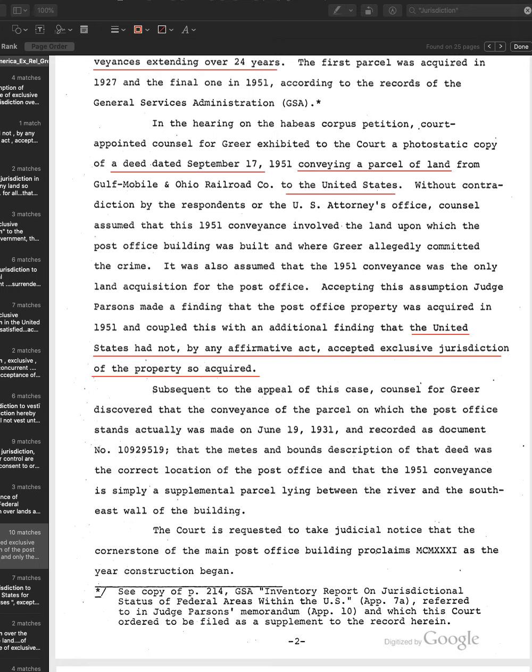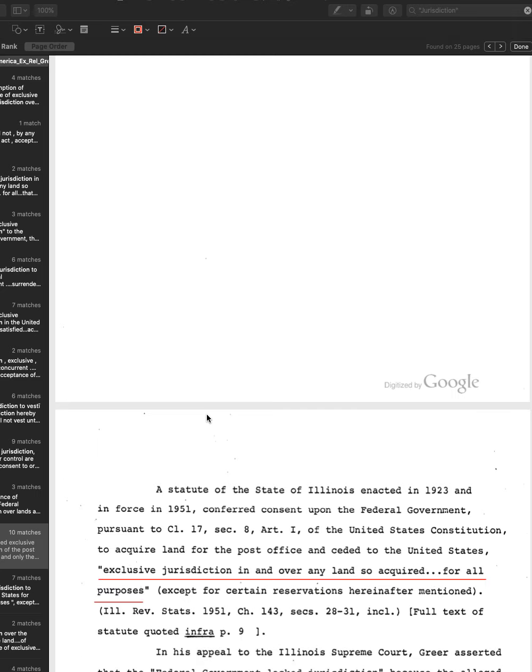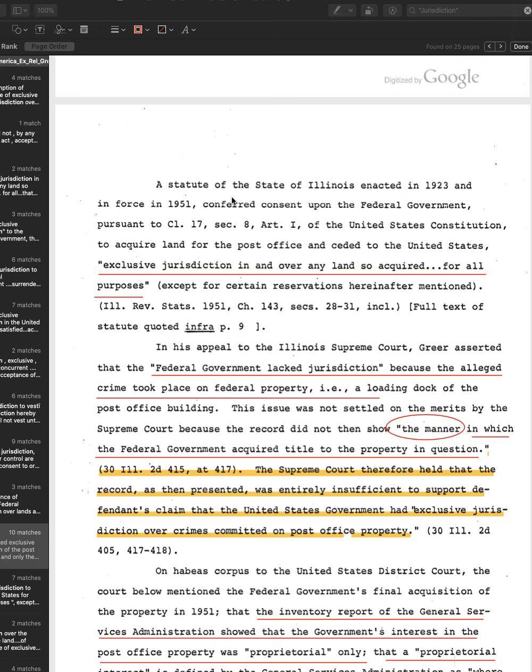Okay, so what is a state? It's probably not what you think it is. We're skipping down to page 4. A statute of the state of Illinois enacted in 1923 and enforced in 1951 conferred consent upon the federal government pursuant to Clause 17, Section 8, Article 1 of the United States Constitution. Okay, what that clause says is that the federal government, with the permission of the state, wants to purchase some lands inside the state,